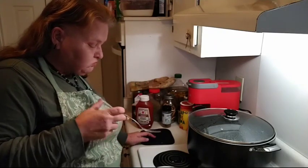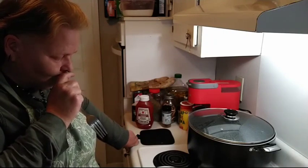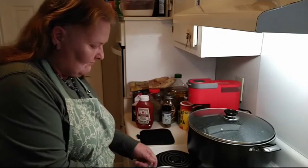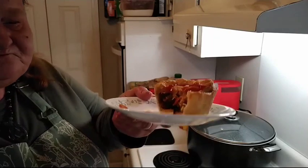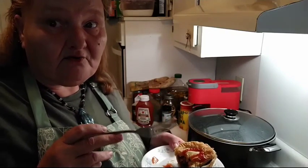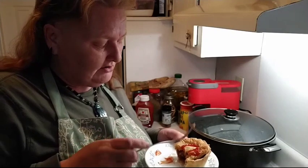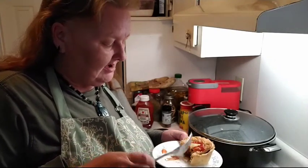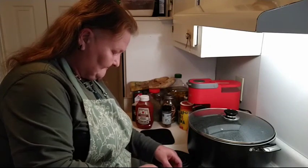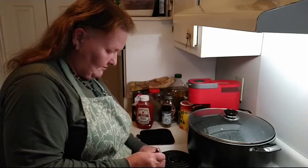Mmm. Still good and thick on the inside. I have to admit, these are really good. Really good. First time I've had an Australian meat pie. The pastry dough on top is nice and crunchy. The pie dough or short crust dough on the bottom and sides is good. Yeah, you can tell it's not meant to be ate with a fork, but